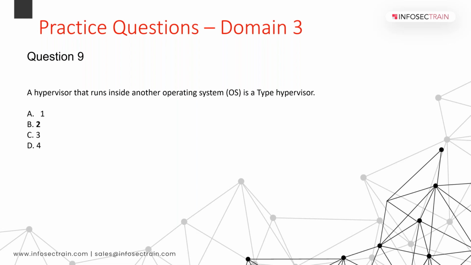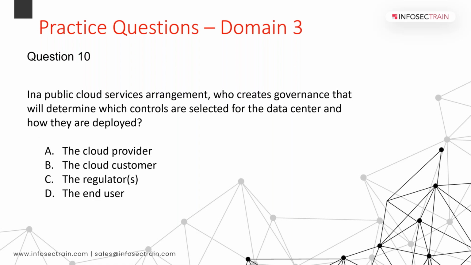Type 2 hypervisor is not used at a professional or corporate level. It's mainly used for personal purposes, where the hypervisor is installed on an OS, which is more prone to attacks. Okay, and the last question for today,